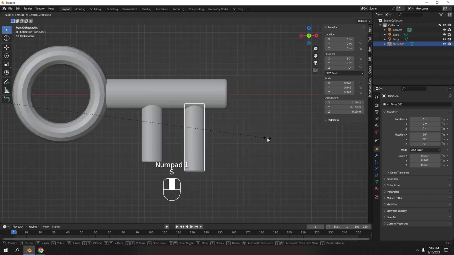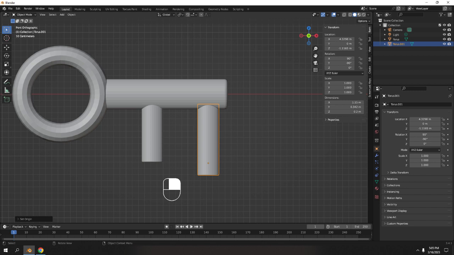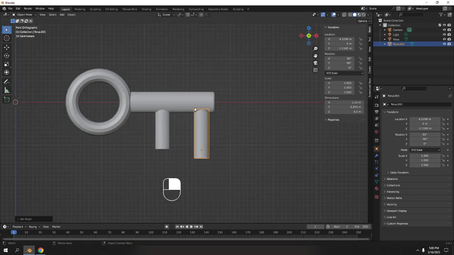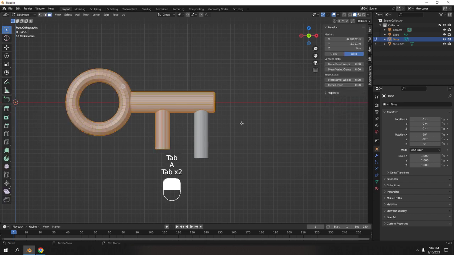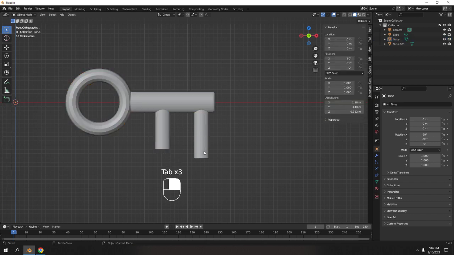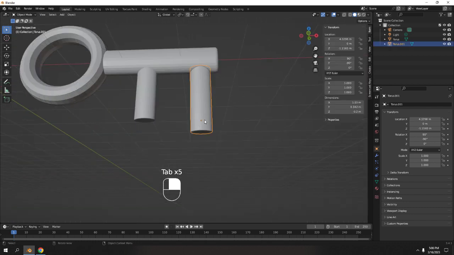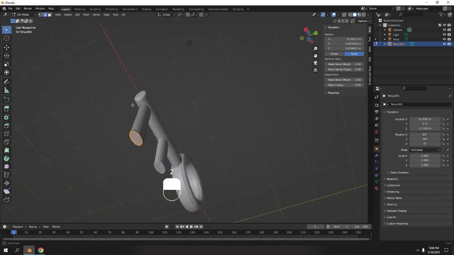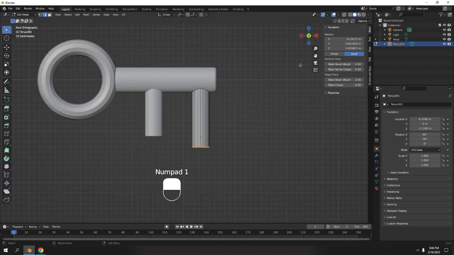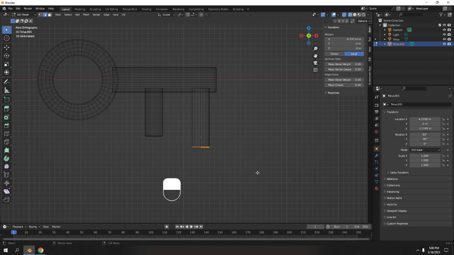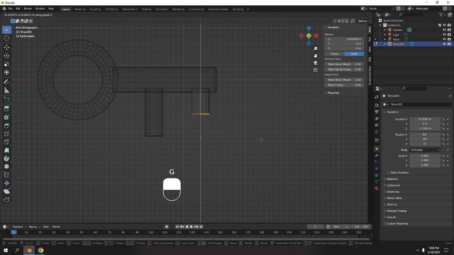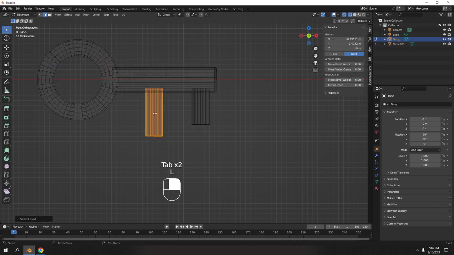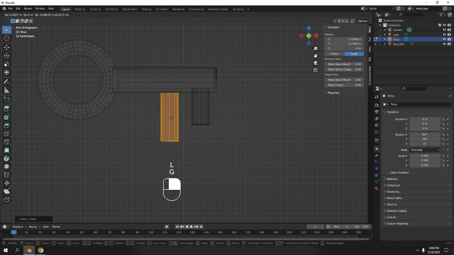Okay, scale. Set the origin to the geometry. Oh, not the geometry. Oh, this is geometry. You know what? I'm just gonna go here. There are lots of ways to adjust this thing, okay, guys. G to the Z. A little bit longer there. I think for this one, I'm gonna move it